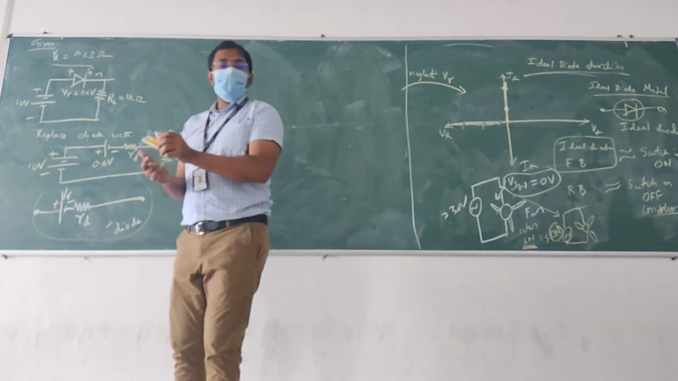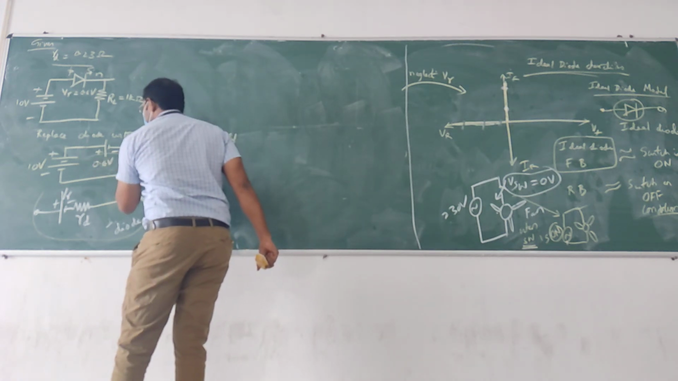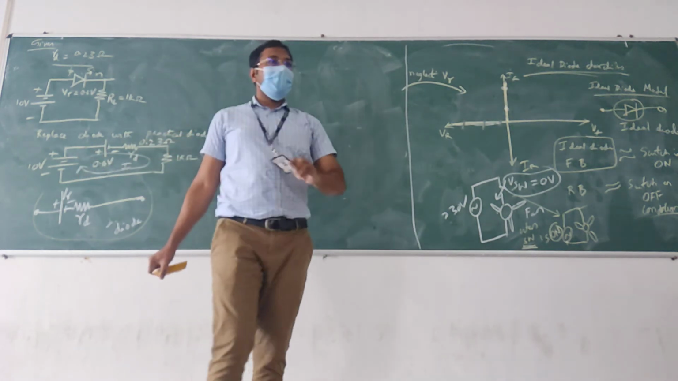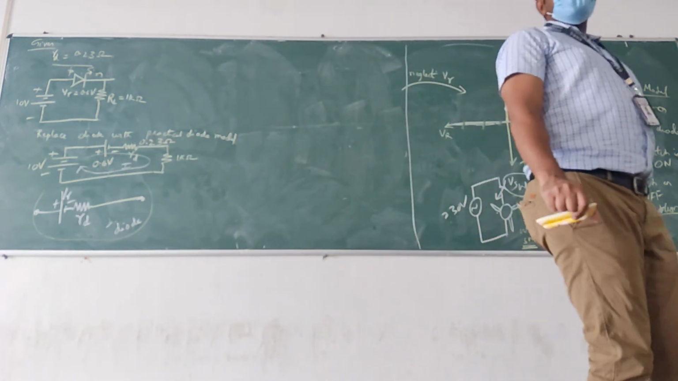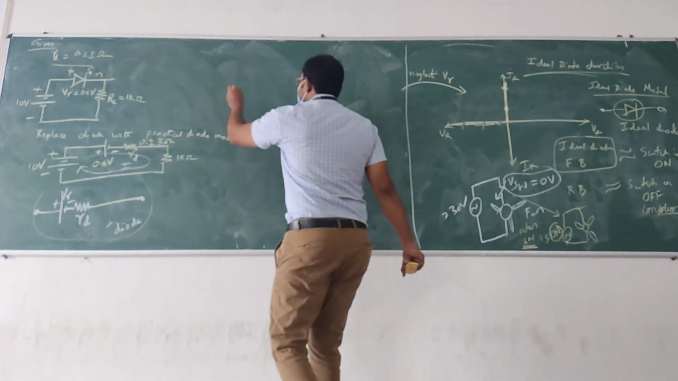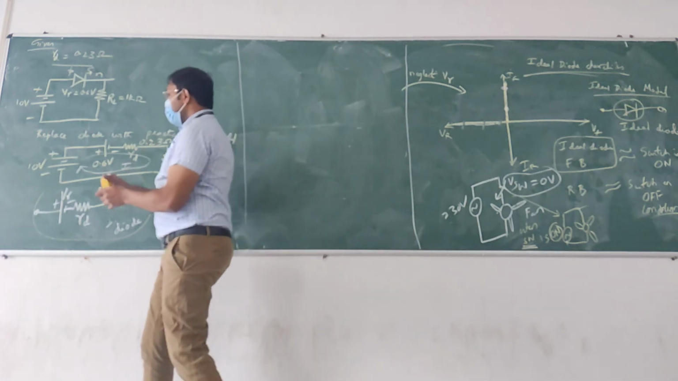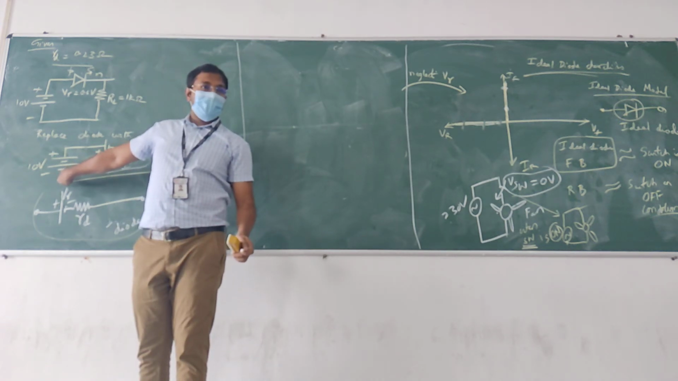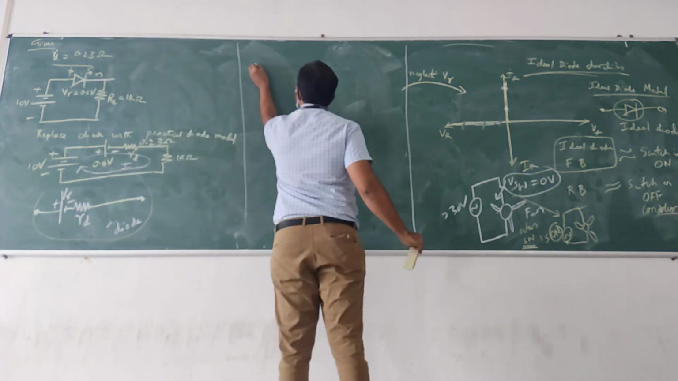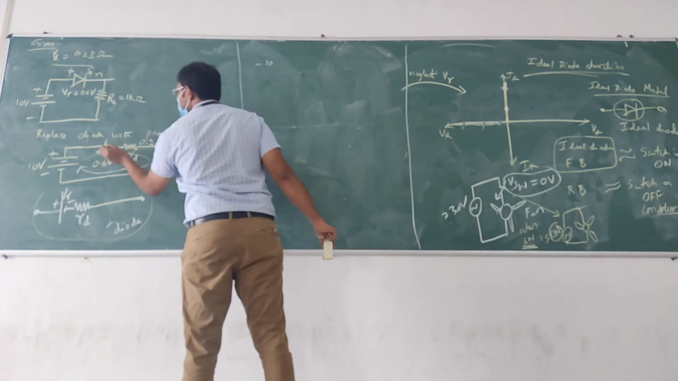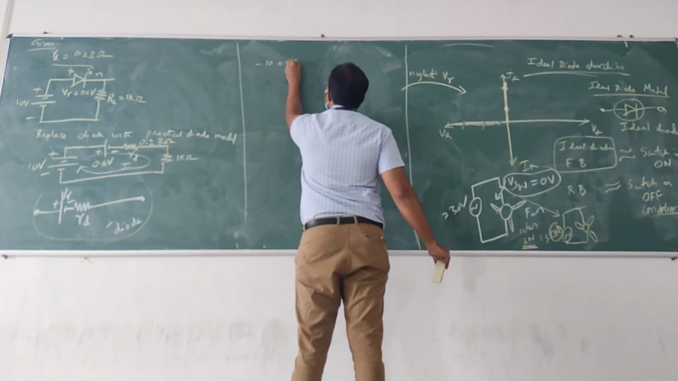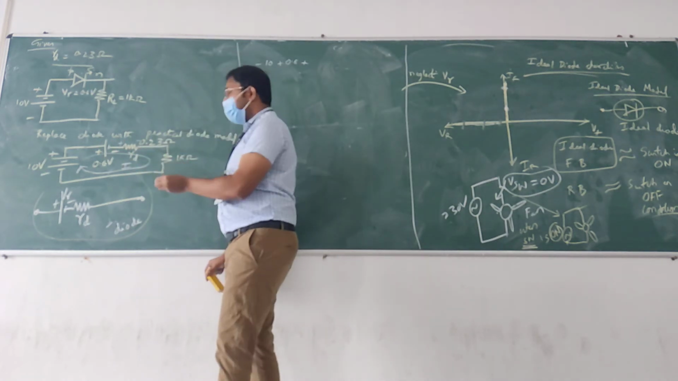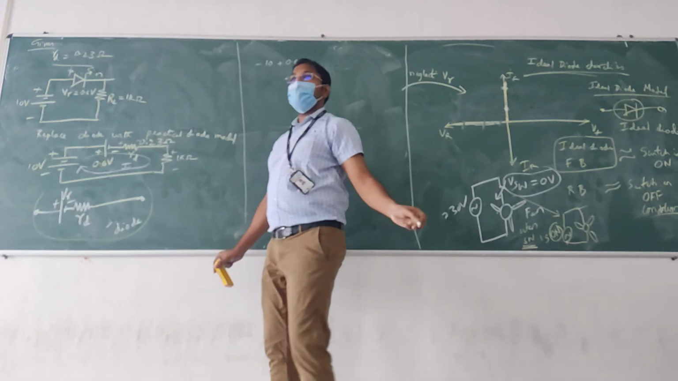Okay, so how will you do this? You take the current through the loop as I. Let us take the entering terminal. We start from here, so minus 10 plus, then always in the current direction, plus minus. So I into